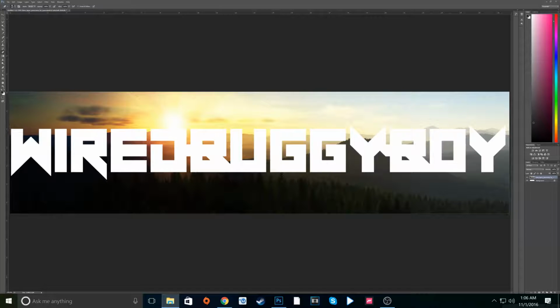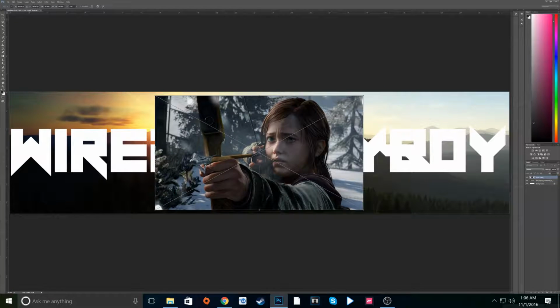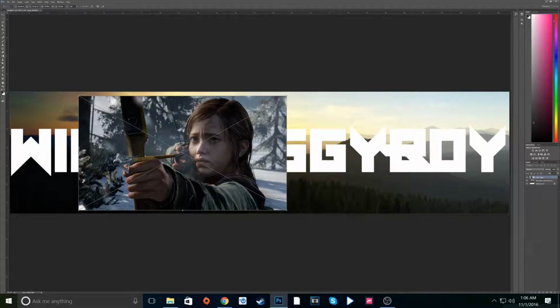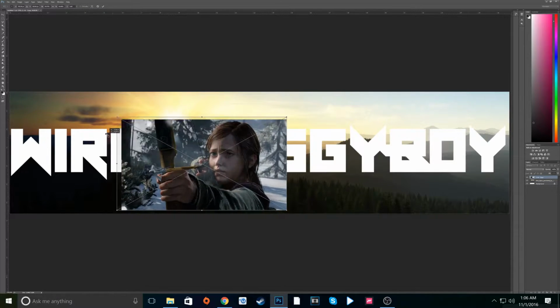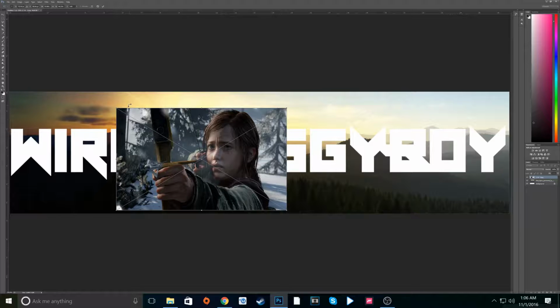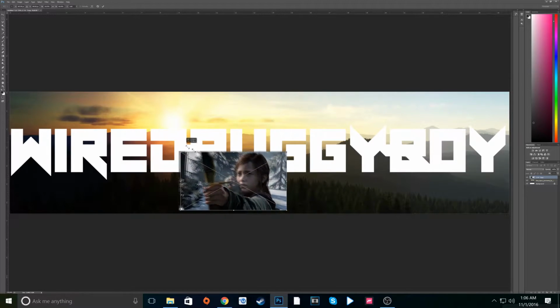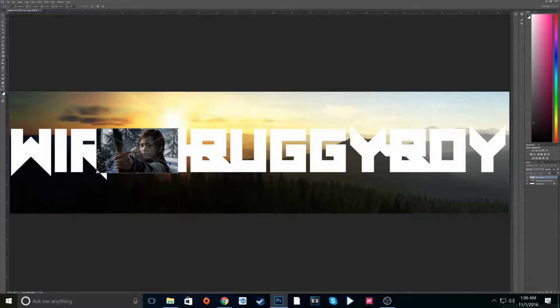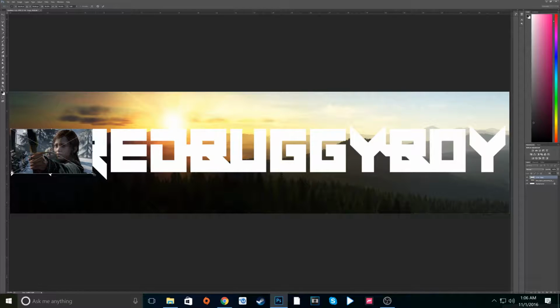So yeah, just start dragging the characters in. So for instance, I'll grab her from the Last of Us Remastered. And then you're going to want to hold shift, and then on the top arrow you're going to want to bring it down. The reason you want to hold shift is so it doesn't get distorted and won't look good. So yeah, you hold shift, and you basically want to bring it down to the correct height of the letters you're trying to put it inside. So that looks pretty good. Alright, and then you're going to hit enter,